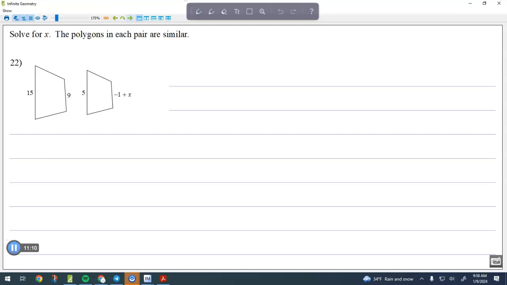So that's like 15 divided by 2 plus x. That's like the All I do is